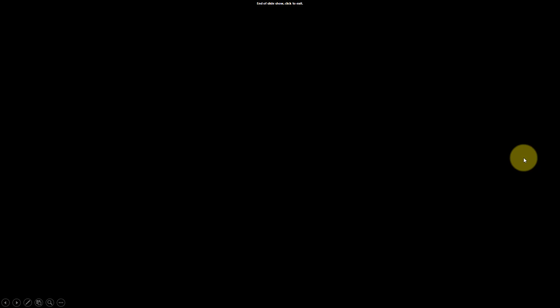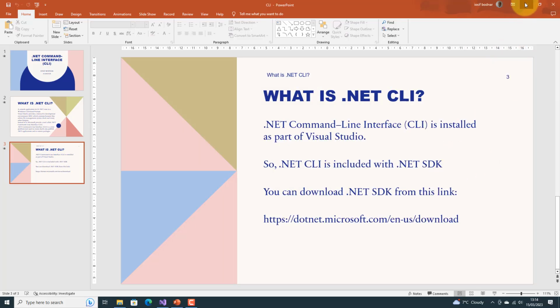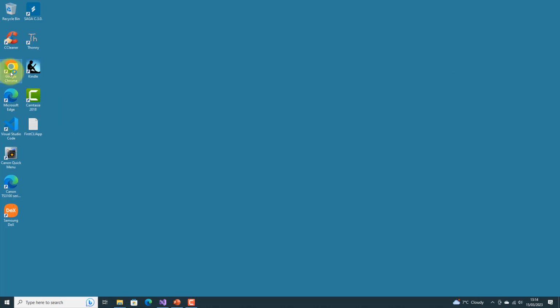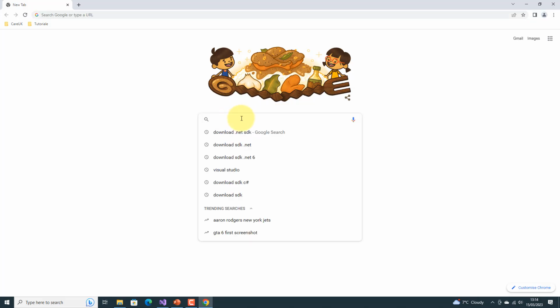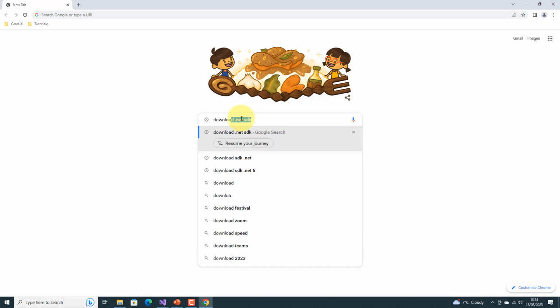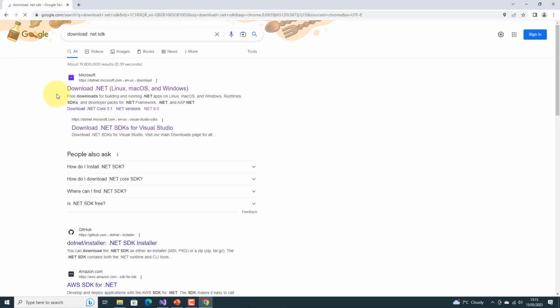You can get this link if you go to Google and type download .NET SDK, enter. Usually it will come up as the first link, click on it,